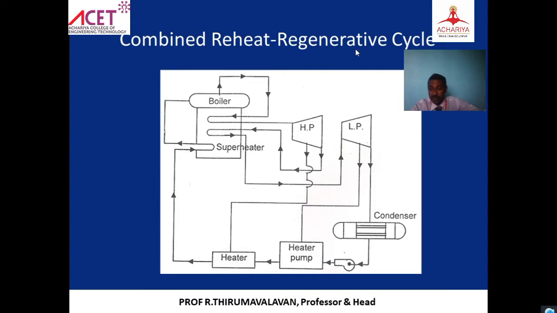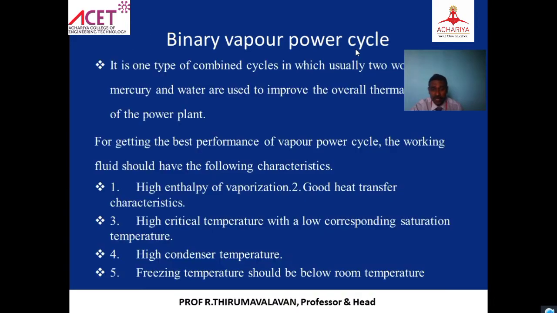In the previous Rankine cycle and reheat cycles, we see the temperature of the steam itself is raised at maximum up to 350 to 400 degrees centigrade because of the restriction of the turbine blades' melting temperature. So what we are going to do is use mercury as well as water, one in each cycle. We are going to use two vapors, two cycles. Those two cycles will be combined together. If you combine those two, the efficiency of the system will be improved.